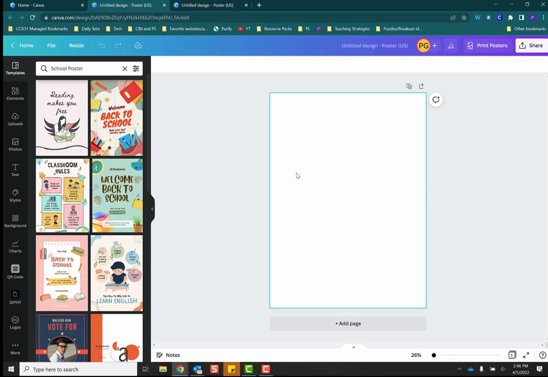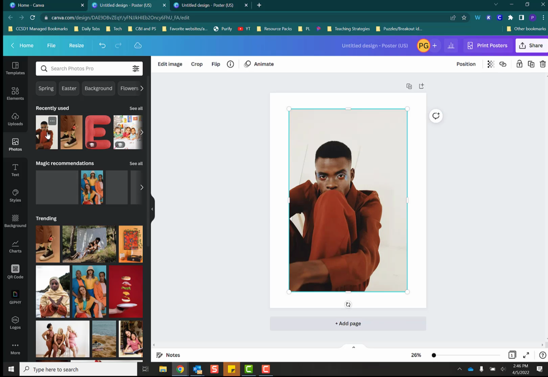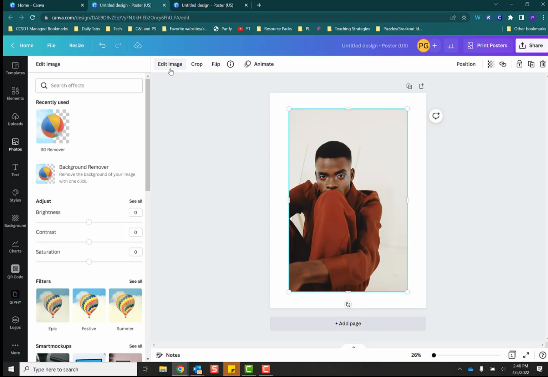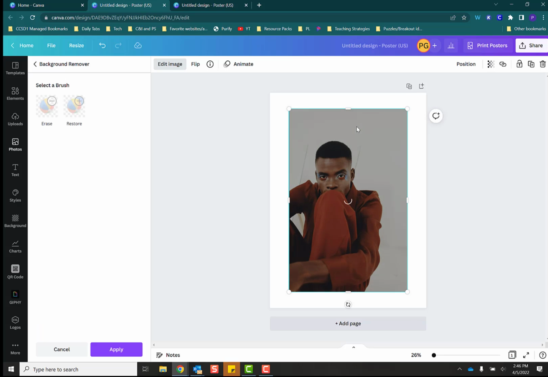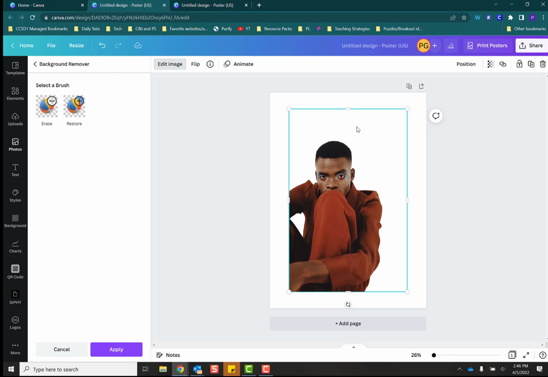I do want to show you one other thing, which is how to remove the background in a picture. So let's say that we're just going to add in an image here. And let's say I want to remove this background right here. If you come up here to edit image and then you just do background remover, it removes the background for you. And most of the time it's pretty close to what you want, like this one's perfect,